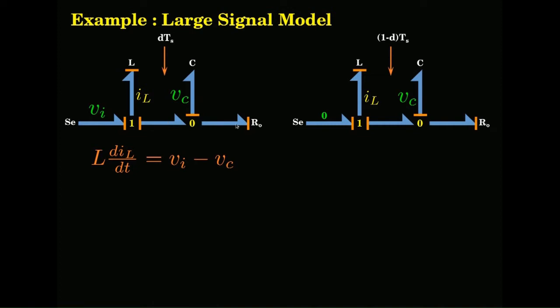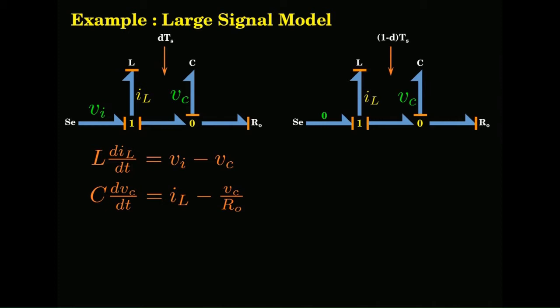So, IL minus this is Vc by R naught. Use only the variables as shown here, the state variables and input variables, do not use any extra. So, IL minus Vc by R naught will give you C dVc. These are the two state equations as far as this particular bond graph for the period